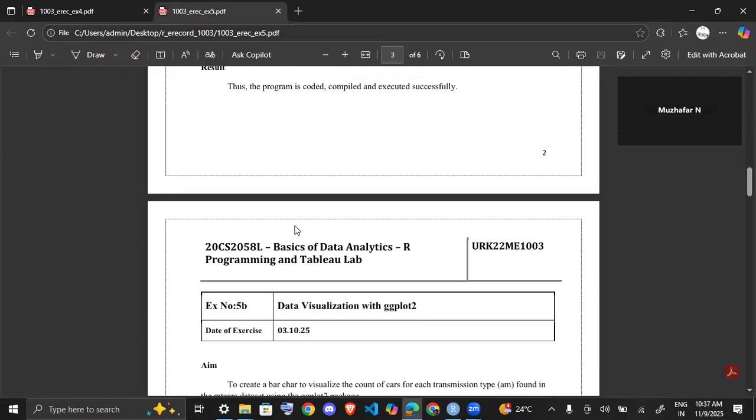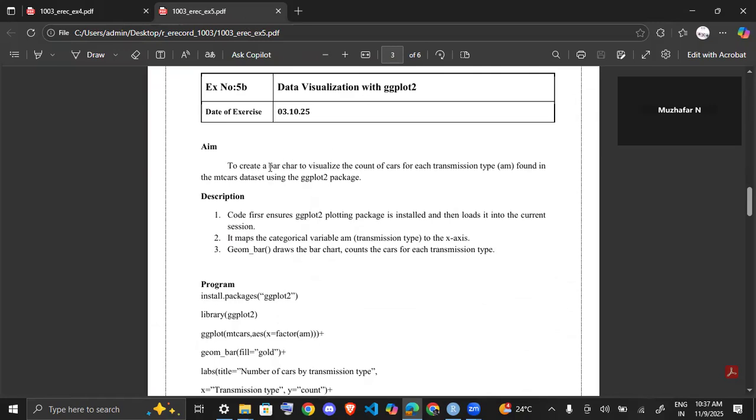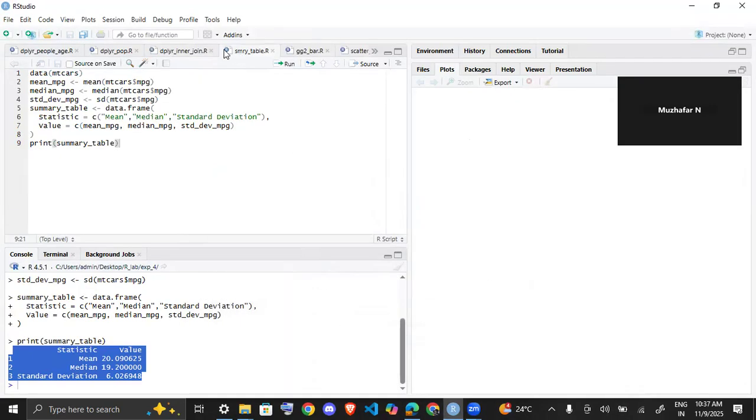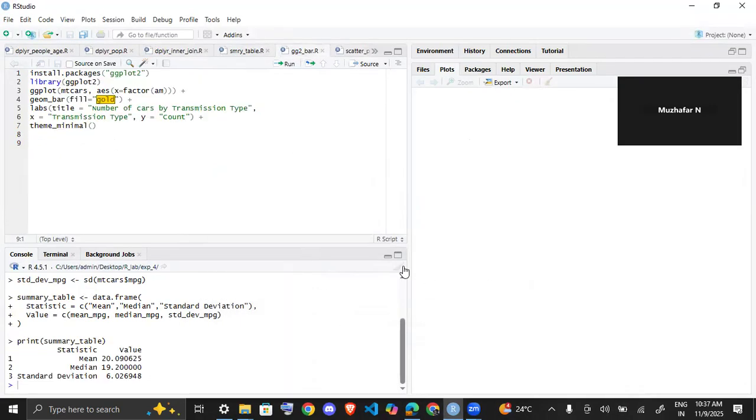Next, we are going to create a bar chart to see the count of cars of each transmission type. Each transmission type is something called AM type, using again the data set mtcars via ggplot2. Going to the program,